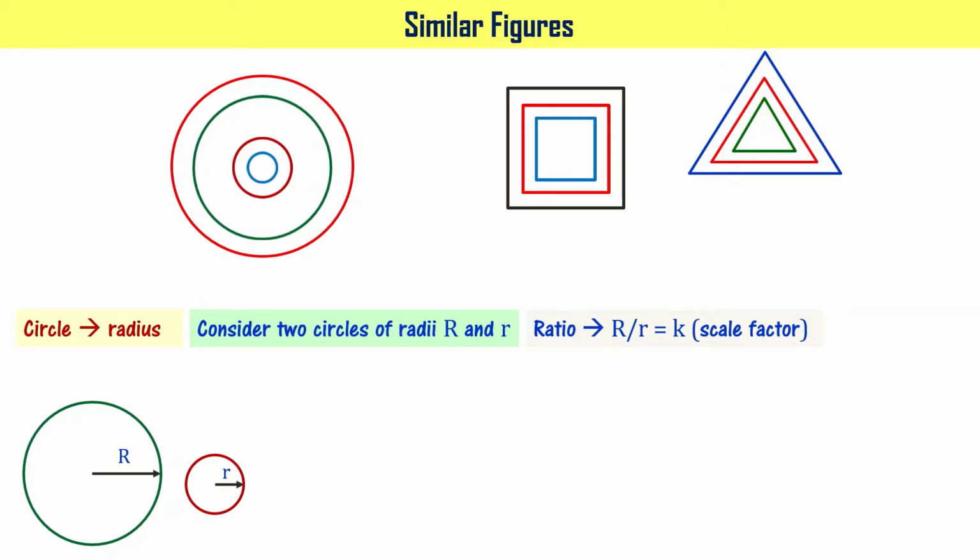The reason is that if I know the value of small r and value of K, then I can enlarge the circle of radius small r to become a circle of radius capital R, right? In other words, if I know the radius of bigger circle, that is capital R, and the value of K, then I can reduce the bigger circle to become a circle of radius small r, right? That is the whole idea of similarity here. Let's get to understand it further.